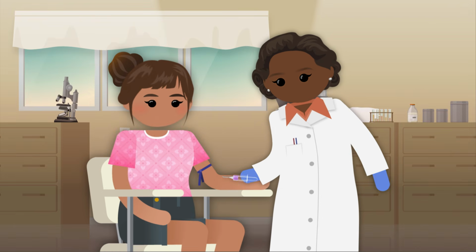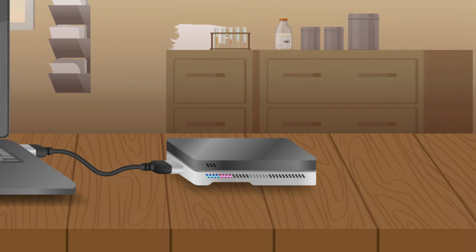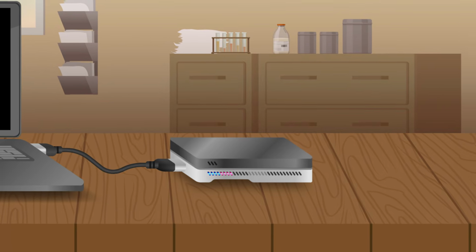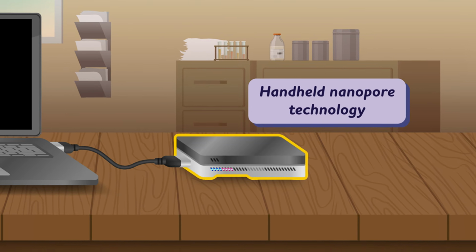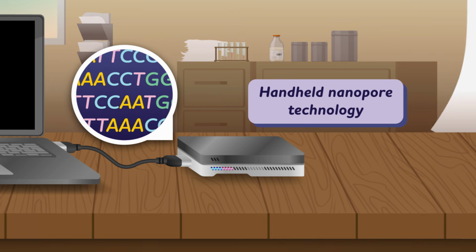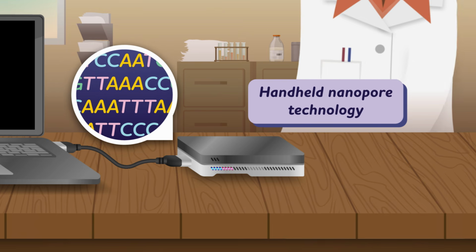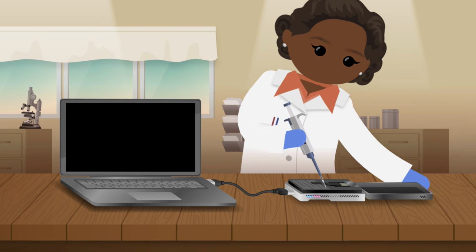The researchers took samples from patients with Zika virus disease, and then they did something pretty amazing. Right on the spot, they were able to analyze the DNA in those samples using handheld nanopore technologies, which is about as sci-fi as it sounds. These are essentially tiny computers that let scientists sequence, or figure out the precise makeup of, DNA and RNA wherever they are. There's no need to ship anything to a lab. You just feed the device a few drops of sample and hit go.